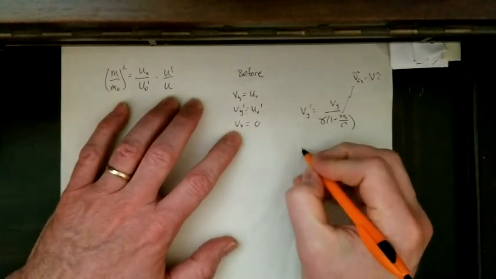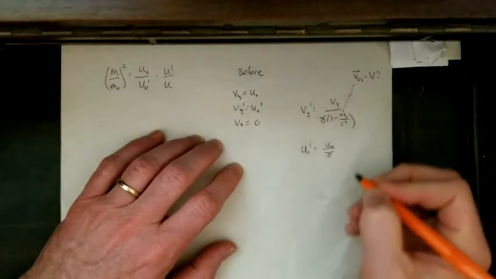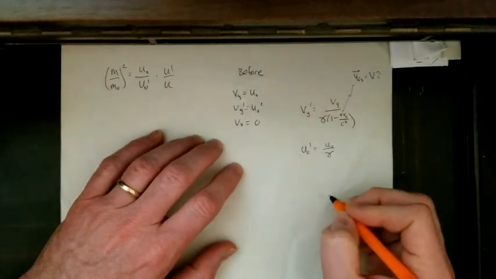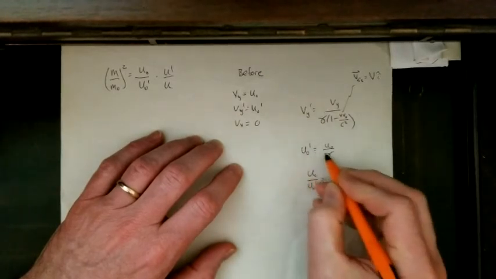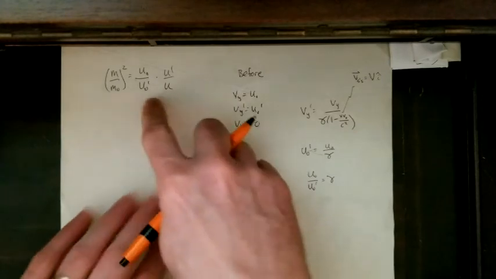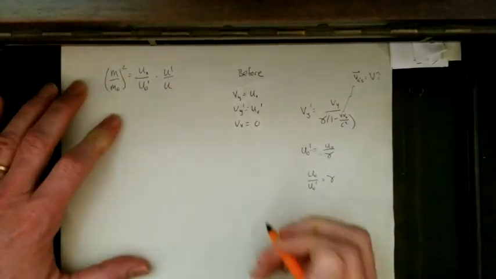So we end up with u naught prime equals u naught over gamma. And therefore u naught over u naught prime, switching diagonally, is equal to gamma. So we have half of it right there. The other one, after,